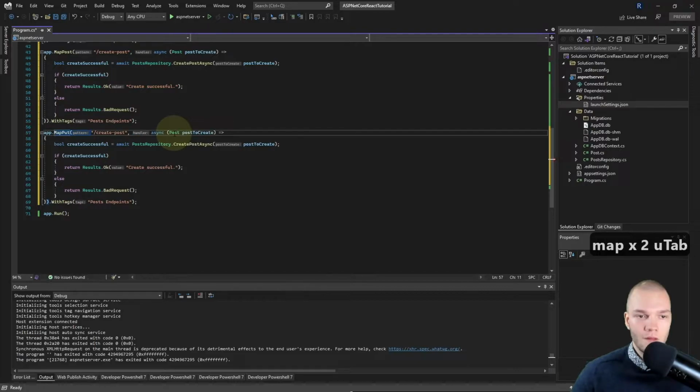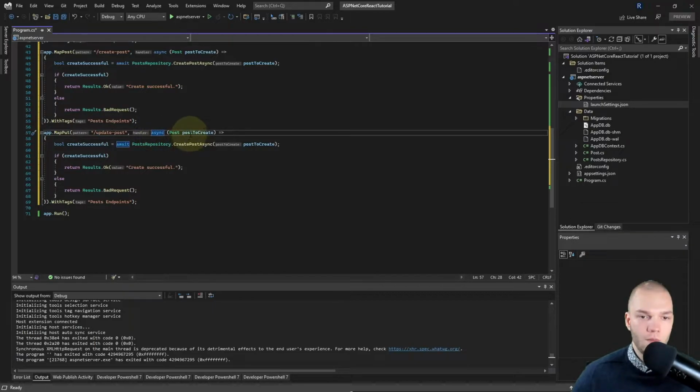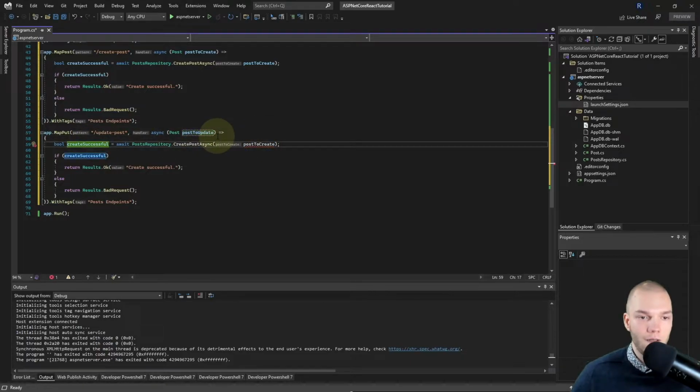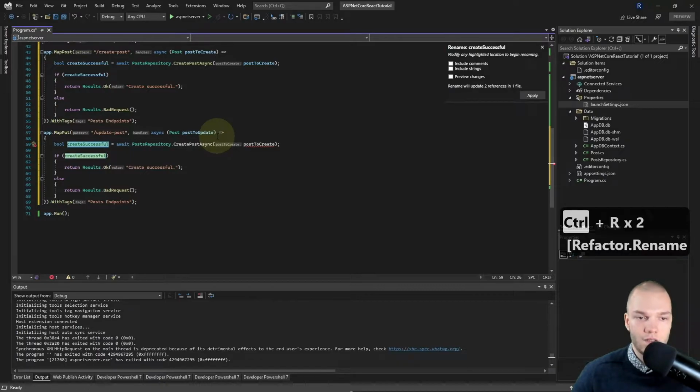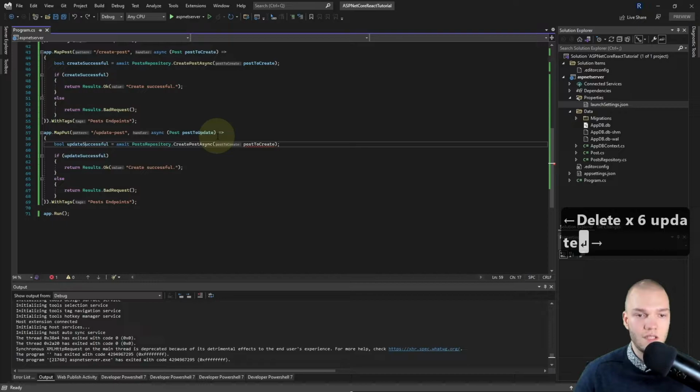So this is the HTTP put method. And I'm going to change the route to update-post, and we will receive a postToUpdate from the client. And here I'll rename the createSuccessful with Ctrl+R R to updateSuccessful.